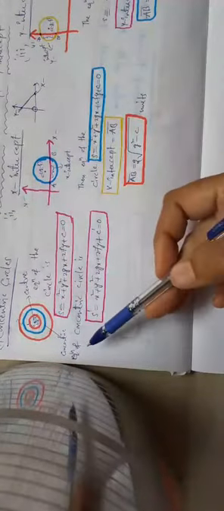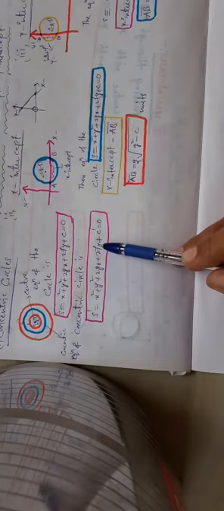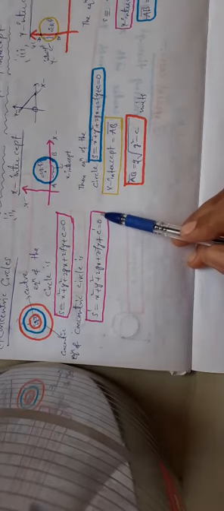So the equation of the concentric circle, we indicate as S dash equals x square plus y square plus 2gx plus 2fy plus c dash equals 0, because here the center is the same for all circles. So there is no change in g and f, but the constant will change. You should remember it. So the concentric circle is S dash equals x square plus y square plus 2gx plus 2fy plus c dash equals 0. This is the general form, this is the concentric form.